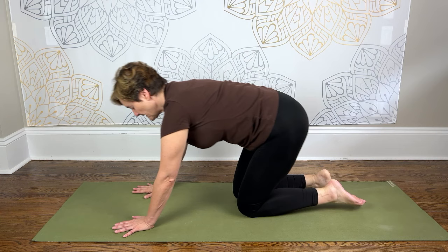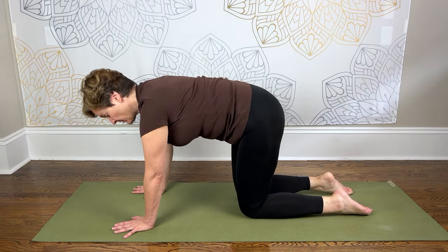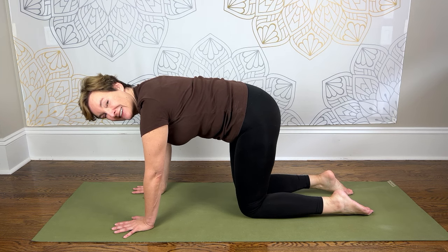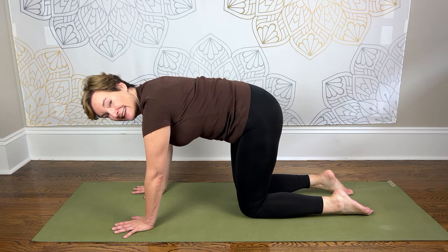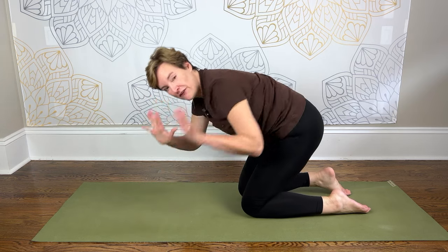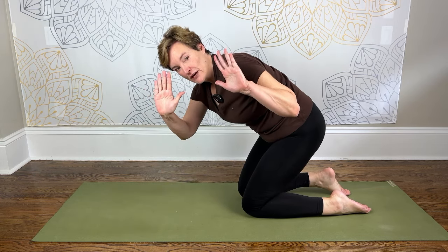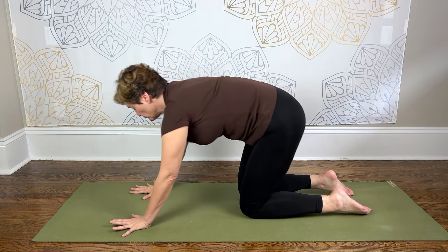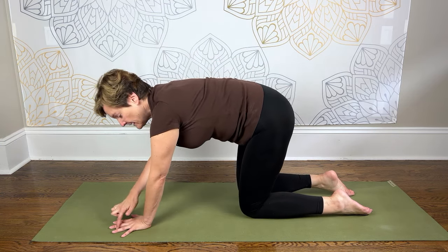Number 1, the placement of your hands on the mat. So start by placing your hands about shoulder width apart and with your index fingers parallel to each other. But then very importantly, I want you to spread your fingers out wide. So rather than having your fingers together, really spread them out so you can see your yoga mat in between